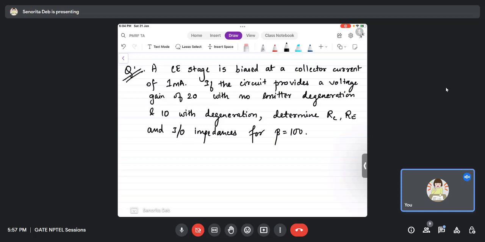Okay, I wanted to introduce the concept of RB, base resistance, but I don't think I'll be able to do it in this class, so we will continue with that in next class, and then we will finish CBCEC as well. One more effect that I was talking about, that the emitter resistance is